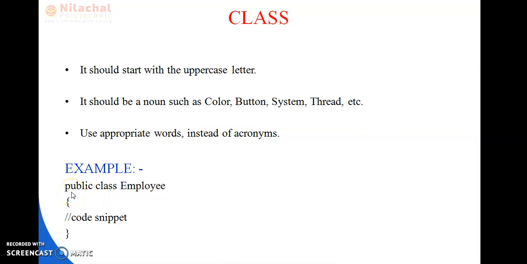As you know, there are different types of access specifiers, that is public, private, and protected. But always remember that when you are using the first class, always make it public. Inside the class, we can write different types of code by using methods, by using the main method. Okay, you can write different types of code.